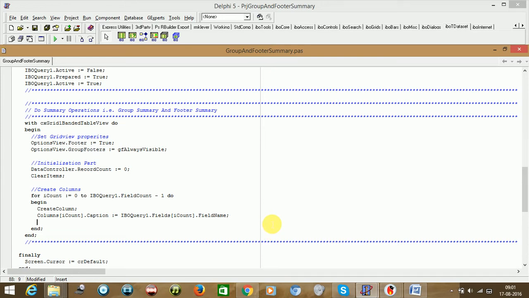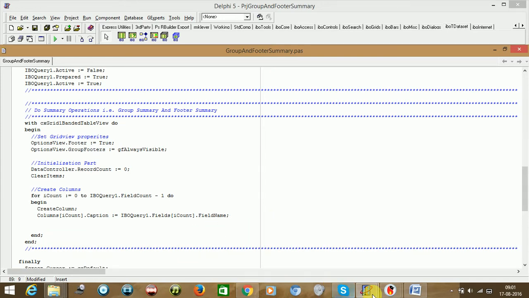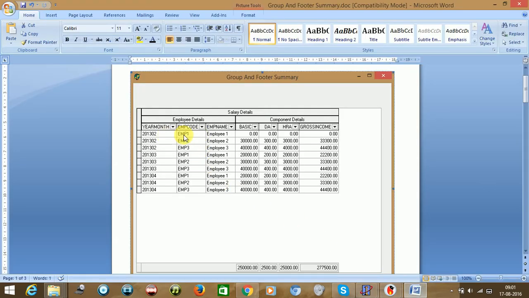Now we need to specify the position of the column. So if the column count, that is the loop count, is 0, 1 and 2, then the position should be band 1. This is band 0, this is 1, this is 2. So we need to give the condition.